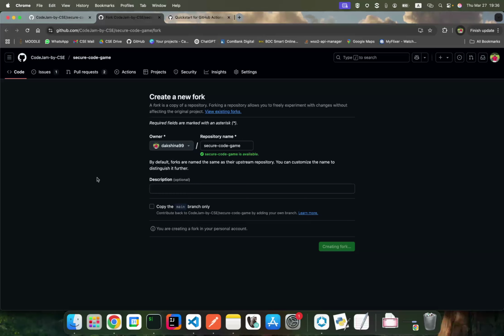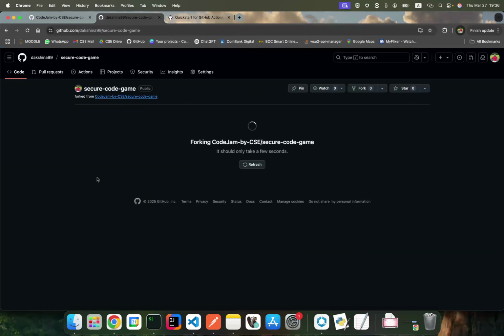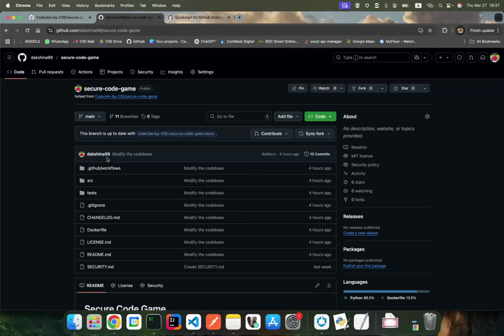So I'm creating a fork here. Okay, so now you can see the URL has changed. Now here you can see my personal username, and then secure code game. So this is my fork.